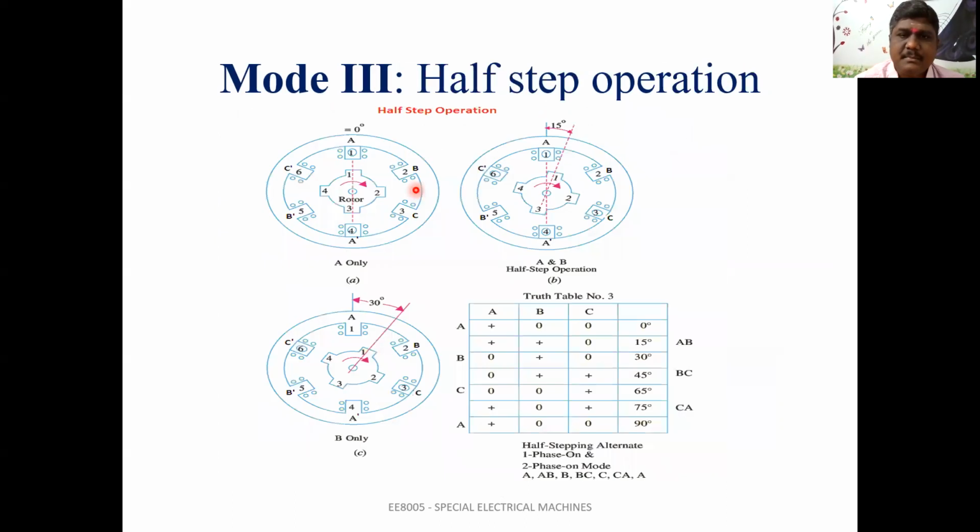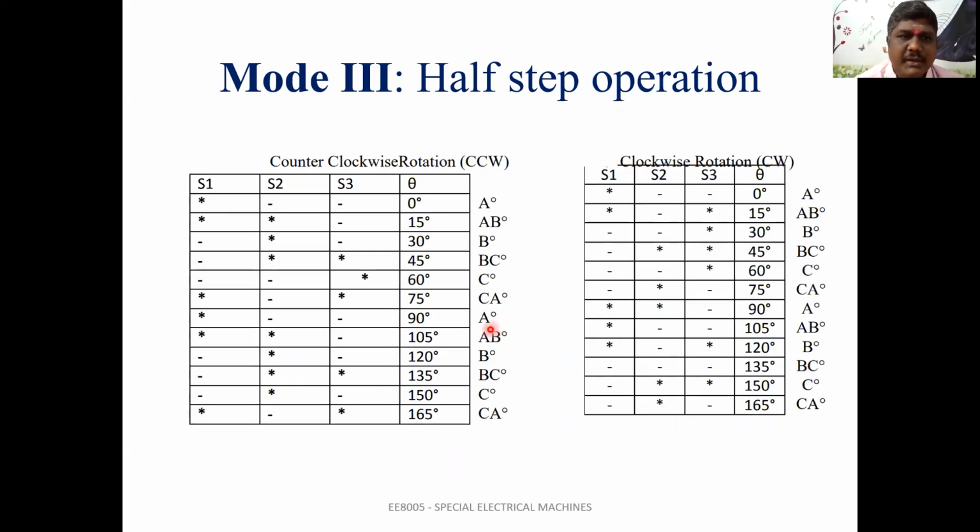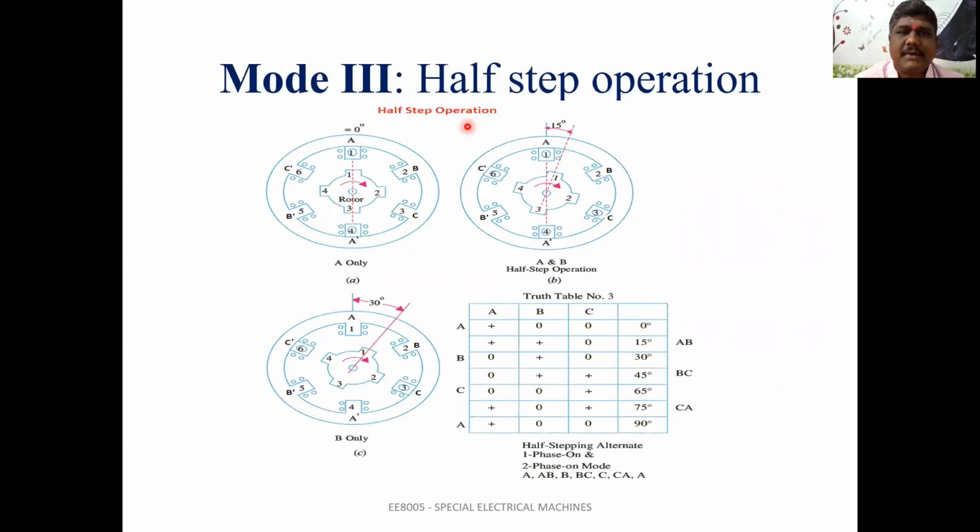And mode 3 is very simple, that is a combination of these two. If you go for the first phase, that is S1 phase, here I am showing, going for S1 that will be 0, and S1 and S2 that will be 15, and S2 alone 30, S2 S3. First mode 1, mode 2, mode 1, mode 2, mode 1, mode 2, like that only we have. Here I am showing what phase we are giving the excitation. That is half step operation we can say for mode 2.